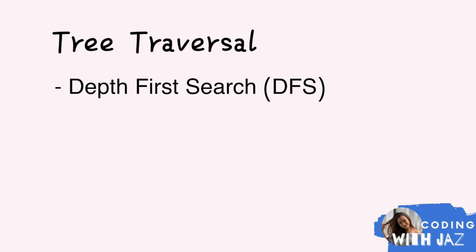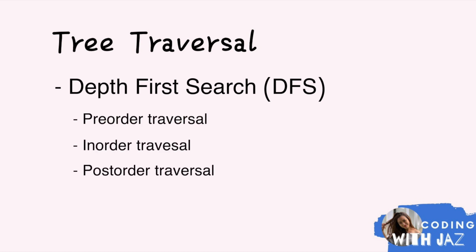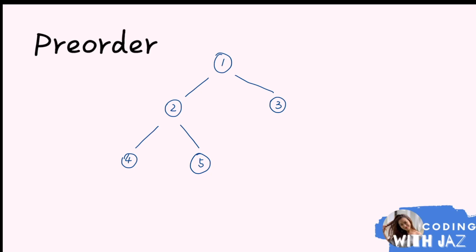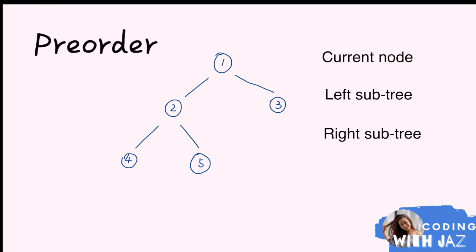For the DFS strategy, there are typically three different traversing orders: pre-order, in-order, and post-order. And today, we're going to talk specifically about what these three traversing orders are and run through a couple examples based on these. For pre-order traversal, your current node is going to be traversed or explored pre, or before, its subtrees. So you're going to explore your current node and then its left subtree and then its right subtree, following